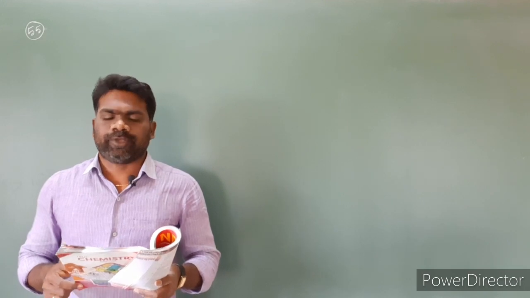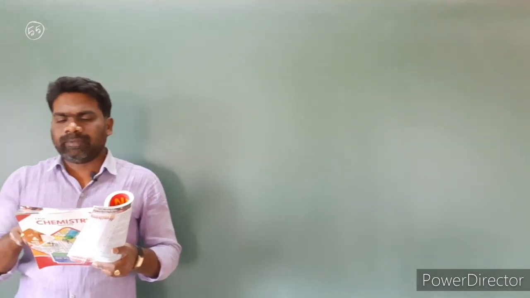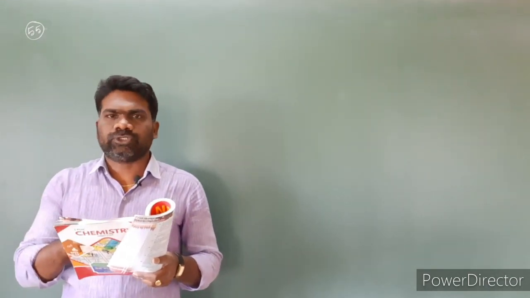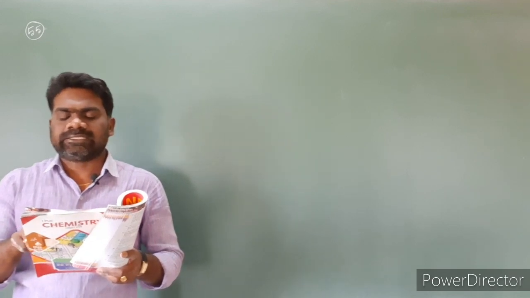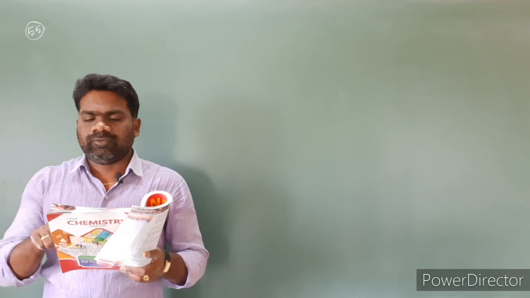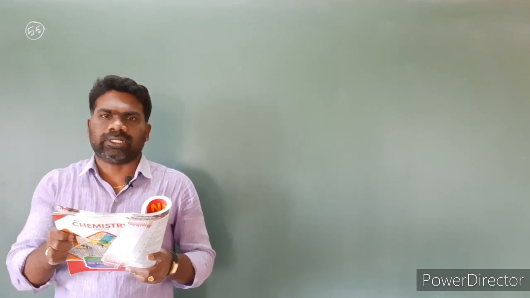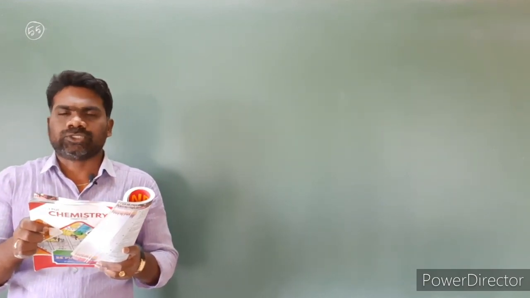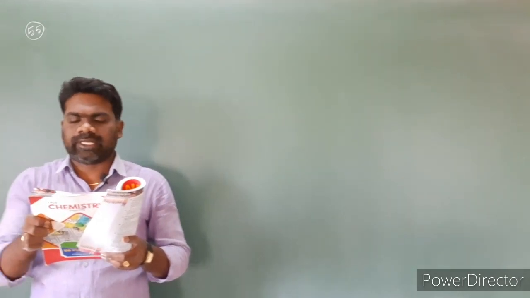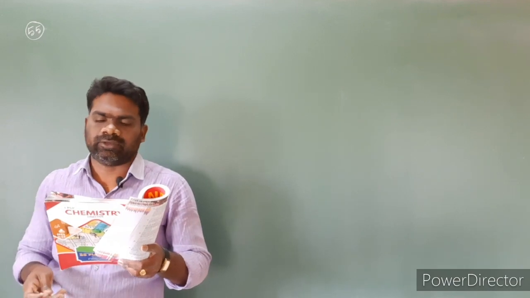Next, question number 55. Look at the question number 55. For the equilibrium N2 plus 3H2 gives rise to 2NH3 at 1000 degrees centigrade, the equilibrium constant is very low. Then which of the following is correct at equilibrium? First option, H2 concentration is very high but not N2 concentration. Second option, H2 concentration is low. Third option, concentration of ammonia is very low. Fourth option, N2 concentration is low.